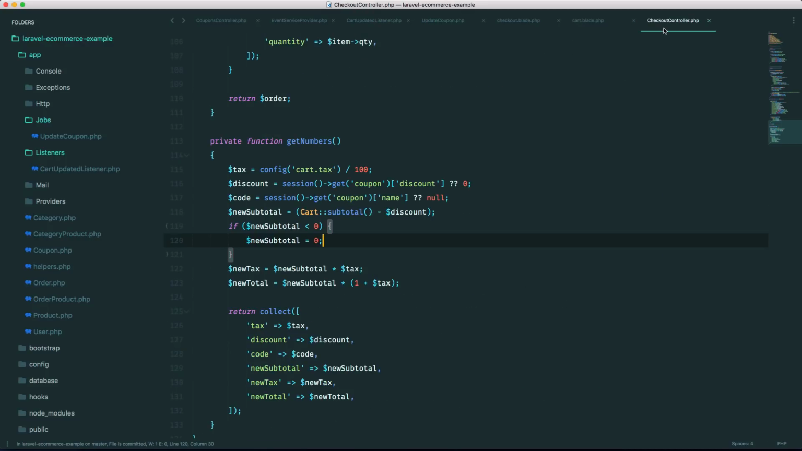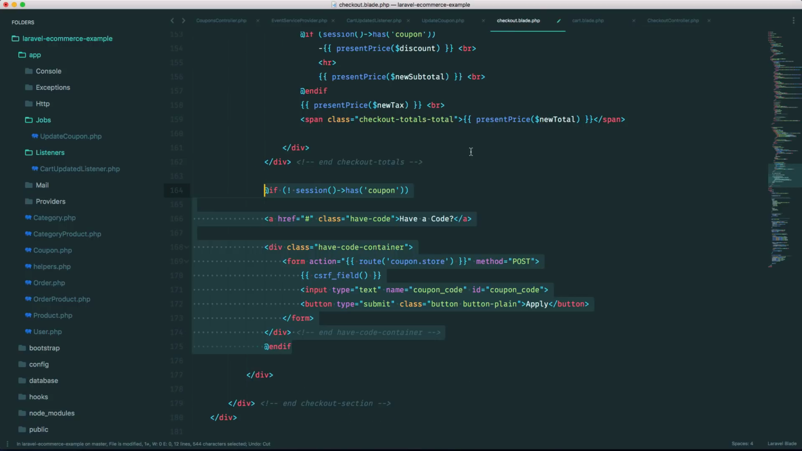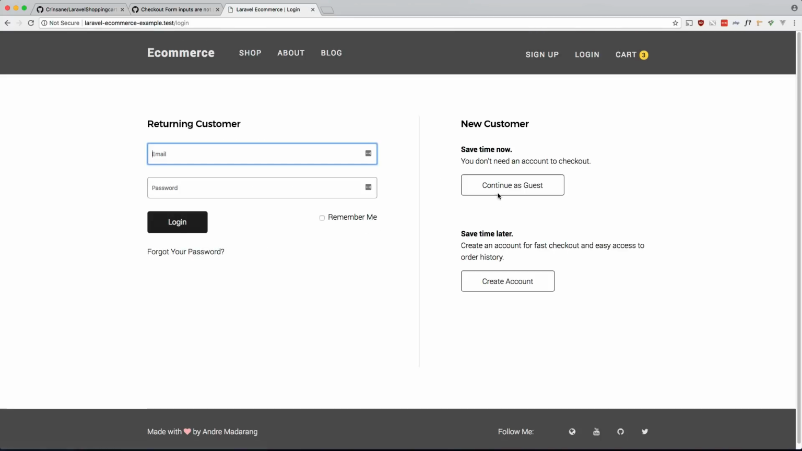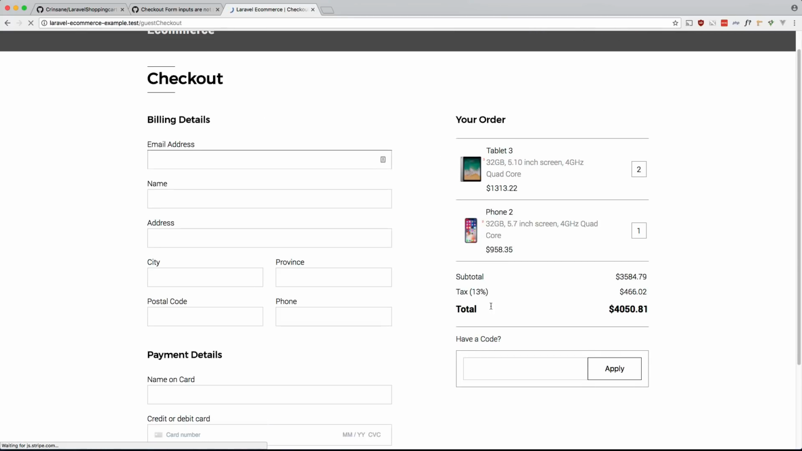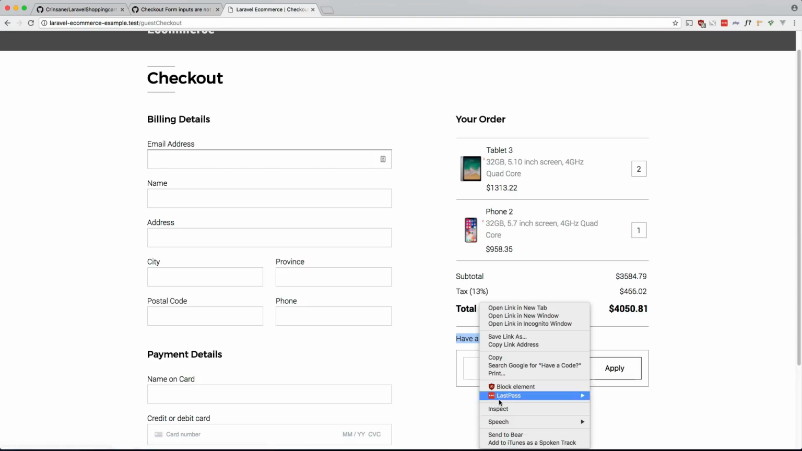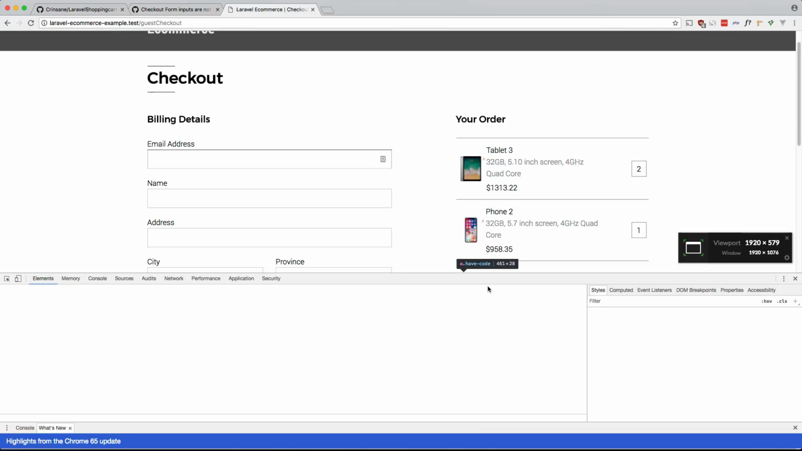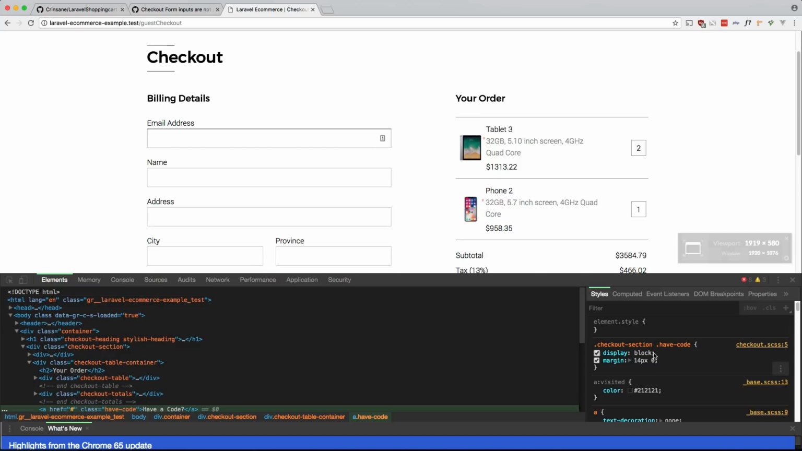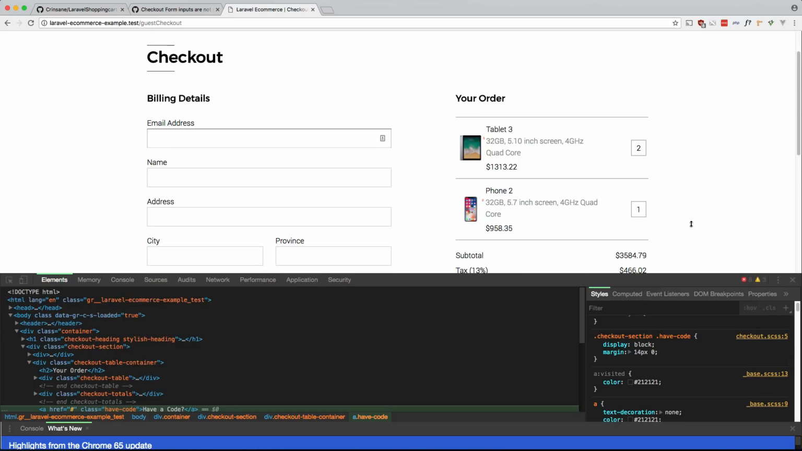Let's see. Oops. Checkout. Let me just put this back for a sec, just so I can see where it is in the CSS. Just inspect. Let me make this bigger for you guys. So checkout section have code. So yeah, it's within